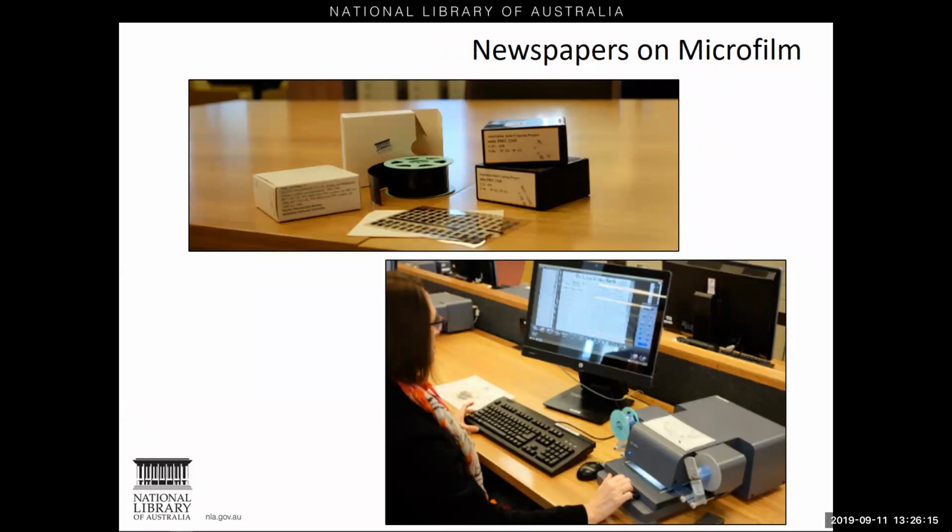So we collect and store the printed editions, but we also microfilm a number of state and regional newspapers, as they are much easier to store and access, and it preserves the original printed paper. Some of you may be familiar with microfilm. It has been around for decades, but we are still creating it and using it today. Like a photograph film reel, the newspaper is captured on 35mm acetate film. We can capture thousands of pages of newspapers on a single reel. We do supply our microfilm reels on interlibrary loan, so speak to your local library if you require access to this material and cannot visit us in Canberra.